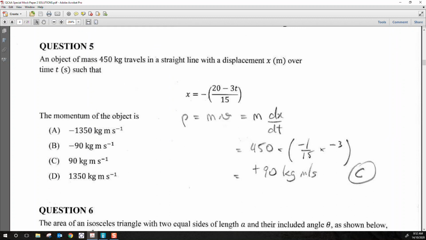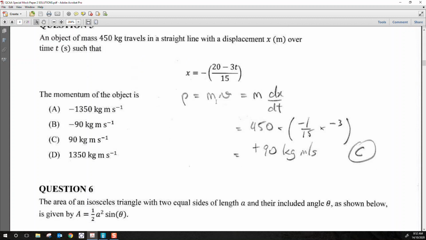X is given by this equation. And we want momentum. So we need to recall momentum is mass times velocity. Velocity is the derivative of location, the derivative of x, dx/dt. Derivative of this, well,